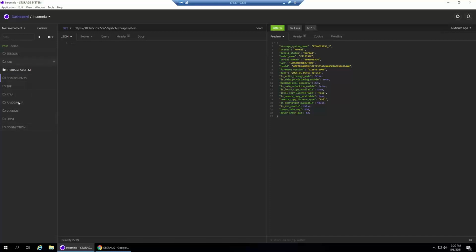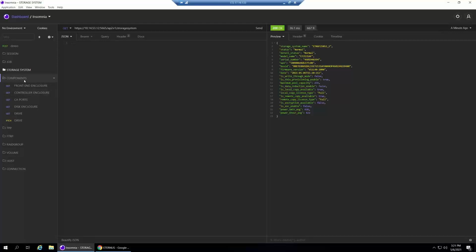By the way, those on the left-hand side, those folders, those are all available components that we can reach currently with the RESTful APIs. I prepared that beforehand so that I don't have to redo that live on demos. But this was empty, so I had to prepare that.